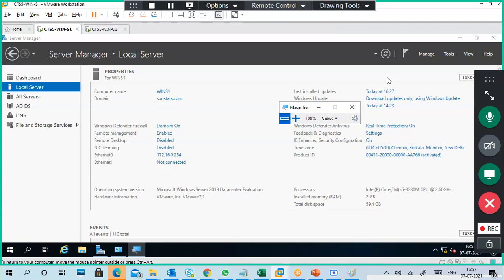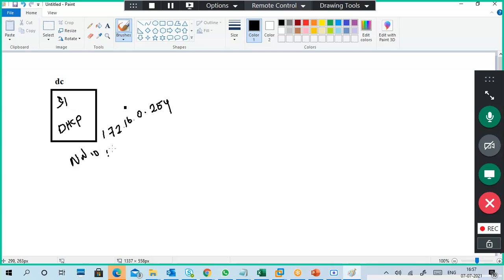This is my IP address. The network ID is 172.16.0.0. Very good. This is my network ID.